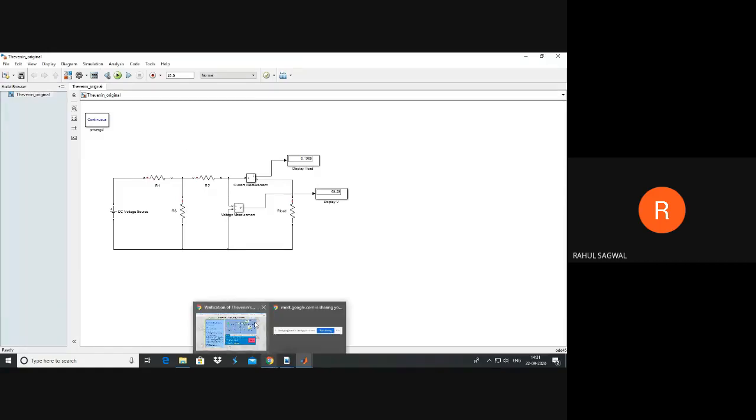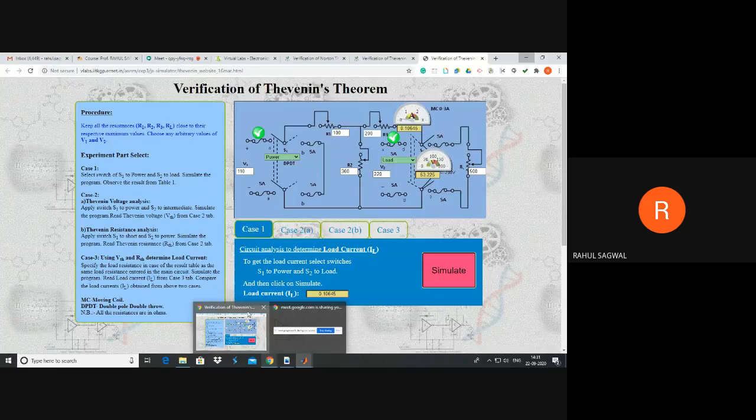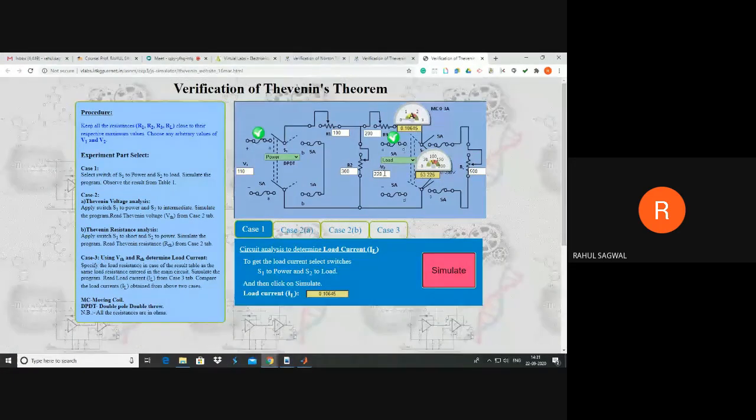Next, you have simulated your original network for Thevenin theorem. Next, you need to calculate Thevenin's voltage, right? VTH. And what was the step for it? Basically, you need to open this load branch, remove the RL. Instead, just create an open circuit and observe the voltage across this open circuit. That's the procedure, right? So what will be the value here? Let's see, 82.5.